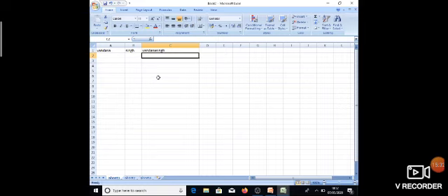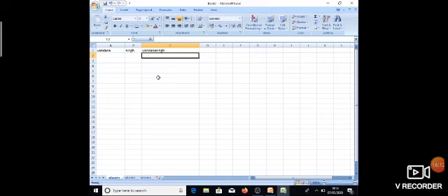Okay, students. Now the next term is cell range. Students, a cell range is a group of contiguous cells which form the shape of a rectangle. You can group two or more cells or the entire worksheet as per requirement. You can specify the cell range by writing the starting and ending cell address separated by the colon sign.